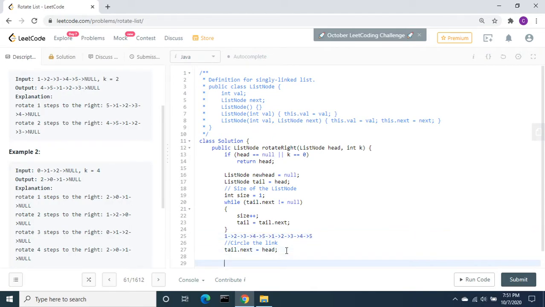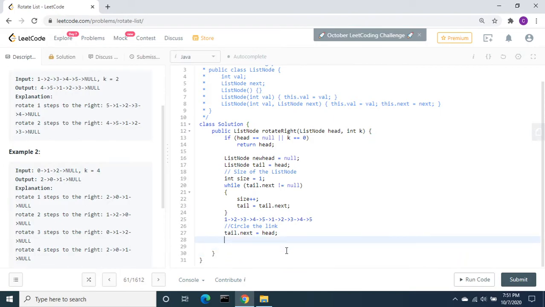Next, we need to find how many times we need to rotate. So k equal to k modulo size. Let's say we have 4. So 4 is k, 4 modulo 3 is going to return 1.